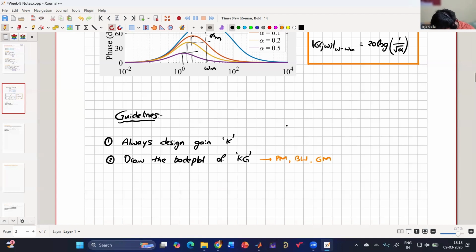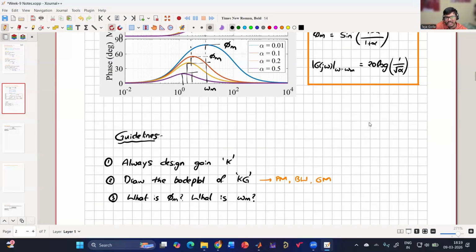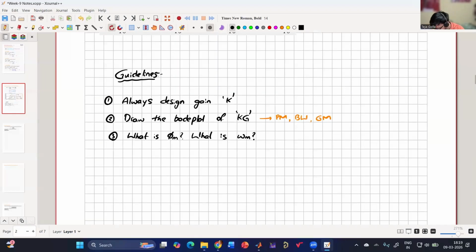And then you can understand what is phi m, what is omega m, and from this we can get alpha as well as T based on our requirement, more or less. Also, you can see what is mod G(j omega) at that omega m. And once you get this, now calculate